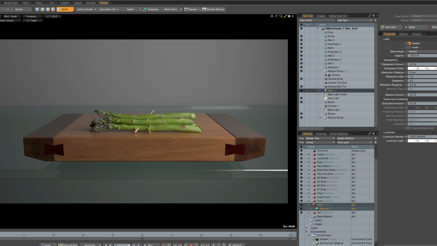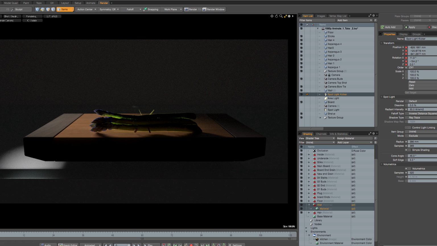With the key light soloed, we can see how it's illuminating the scene, and also the reflections of the light in the perspex shelf. If you look carefully, you can see the reflections of the key light in the droplets of condensation. The backlight is highlighting the subsurface scattering effect. This effect is clearly visible here, and you can see both the purple of the buds showing through the top skin layer and the glow of the stalk, which is the light travelling through the subject and scattering below the